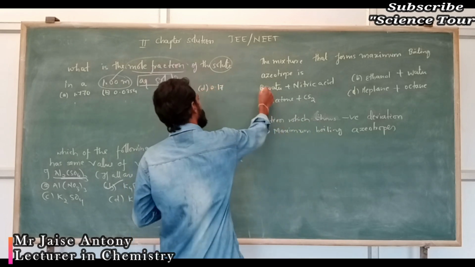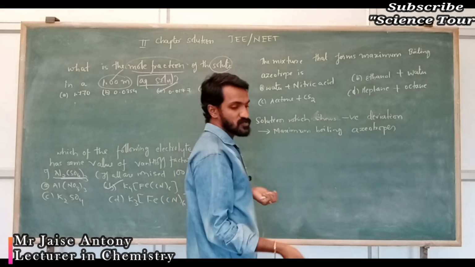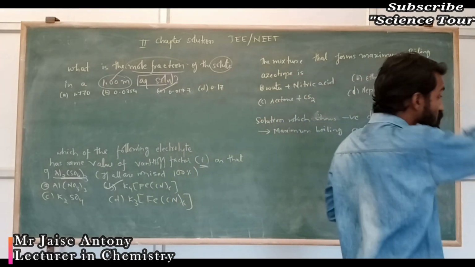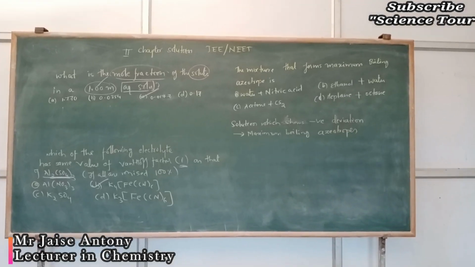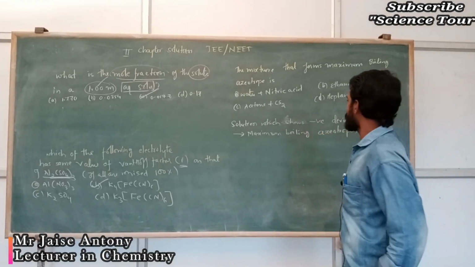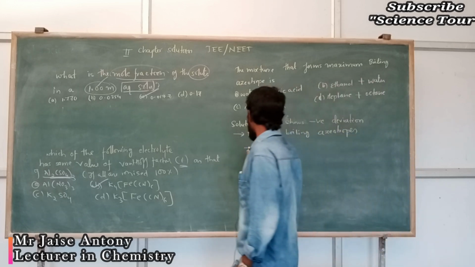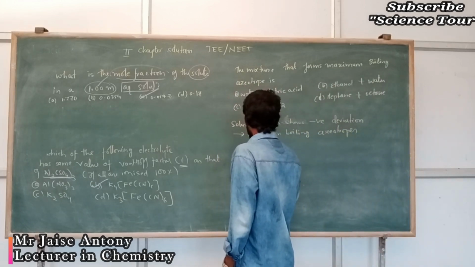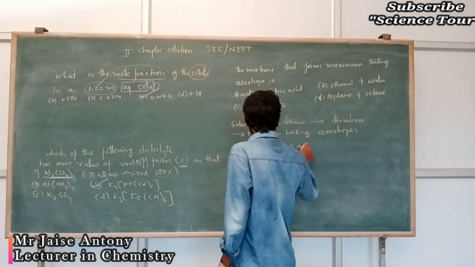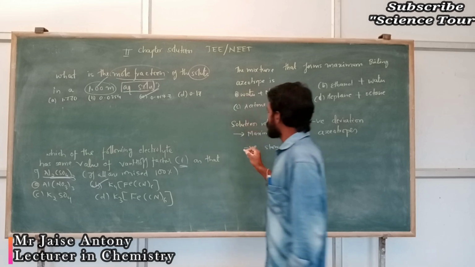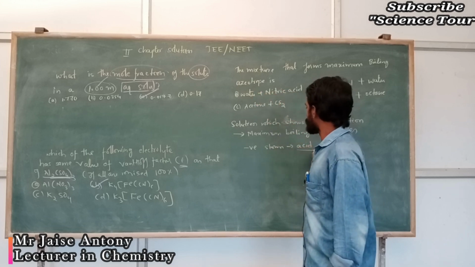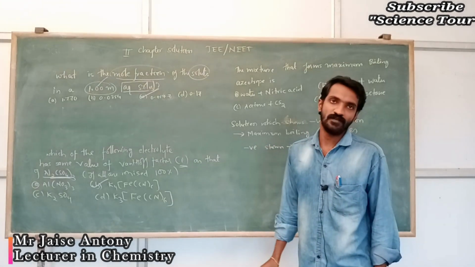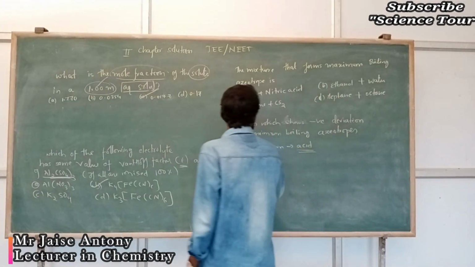How to remember all these? Which one is negative deviation, which one is positive deviation? That is the question that arises, correct? Negative deviation is shown by acid mixtures, acid solutions. Here the two components are water and nitric acid. Acid shows negative deviation most of the time, and this is easy to remember.